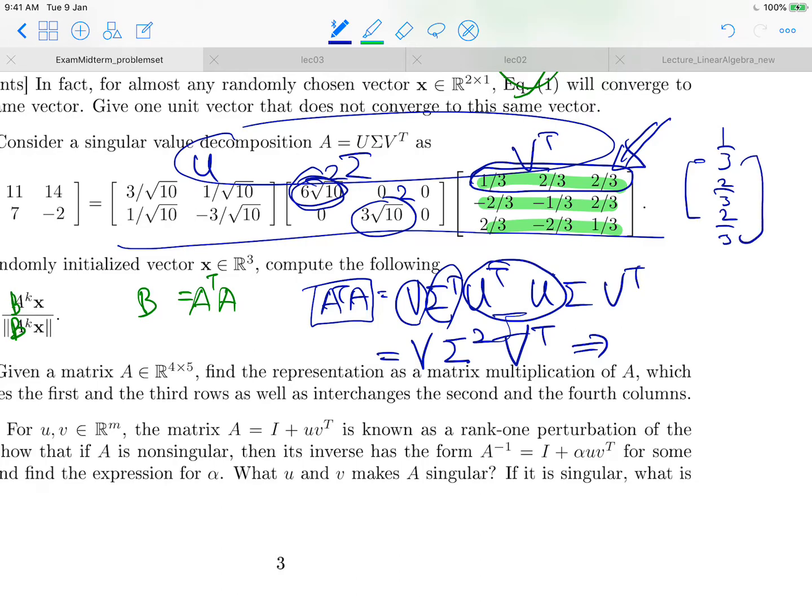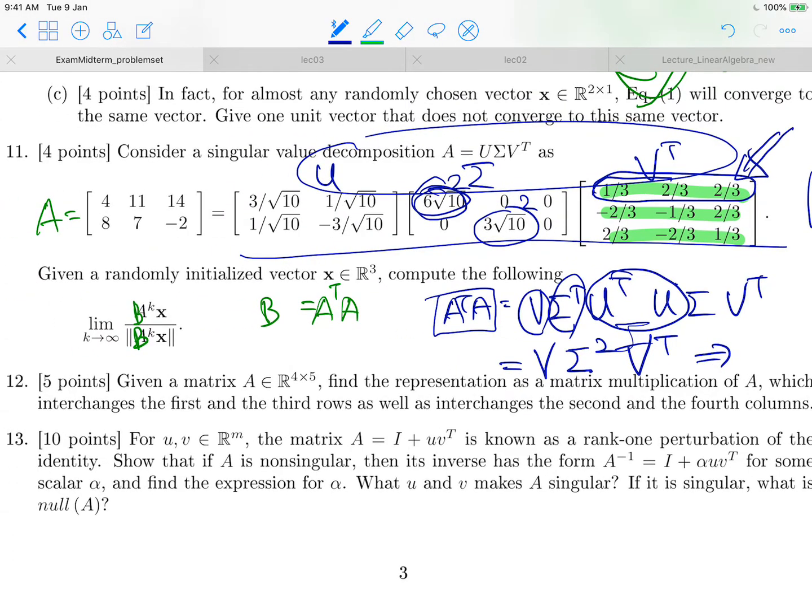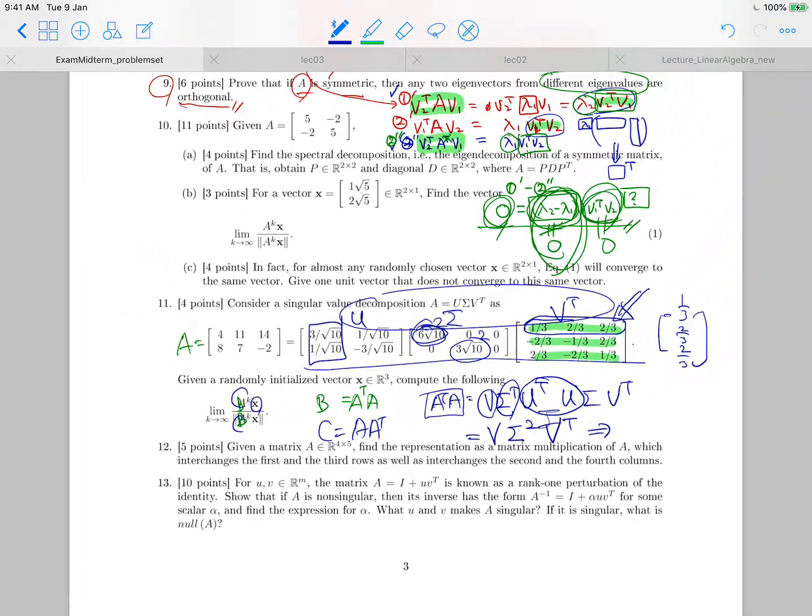Okay, and you can also apply A transpose, right? And then if we apply it, and if X is a 2-dimensional vector, then we also obtain now this vector, right? Okay, and also